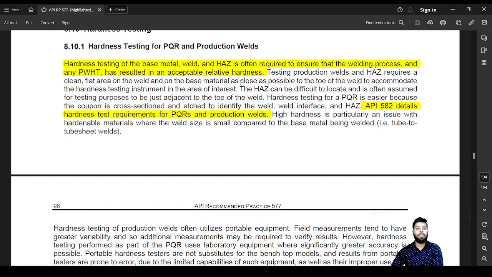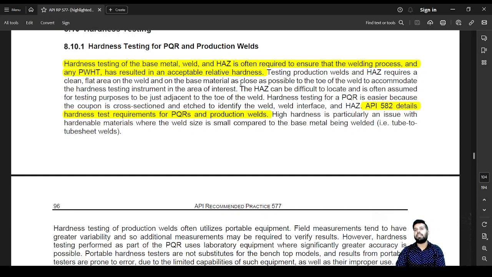So hardness testing of the base metal, weld metal and the heat affected zone is often required to ensure that the welding process and any post-weld heat treatment has resulted in an acceptable level of hardness. This is generally true because welding can be considered as mini casting, okay? So whenever you are doing welding, when the weld metal cools down or